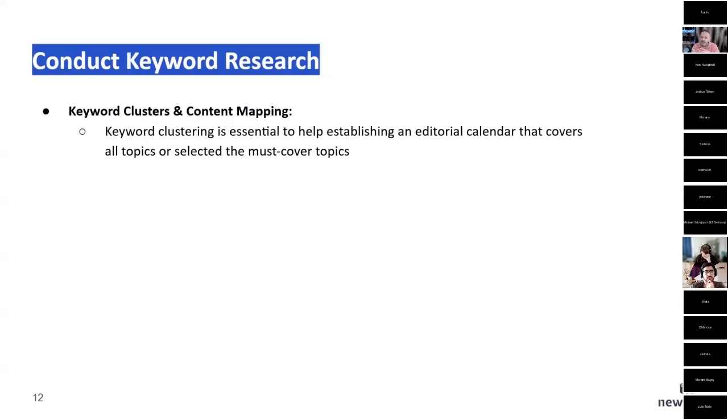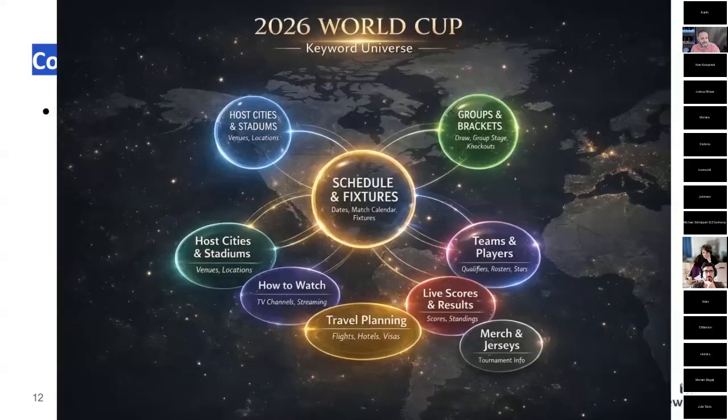Now, Google focuses on the topic and the entity and the cluster of the keywords together. So when you do an analysis, I looked at all, for example, the World Cup keywords, the most popular 1,000 keywords. And you can take the 1,000 keywords, put them in ChatGPT or whatever, and say, cluster them for me on a primary and a secondary level. And you will see that whatever the tool will tell you, most of the people are searching for the schedule, the dates, the